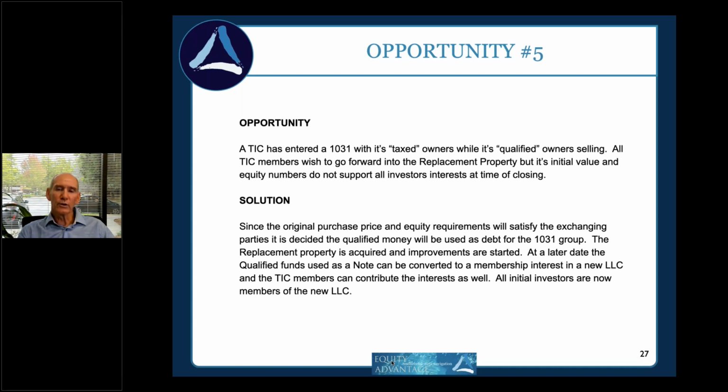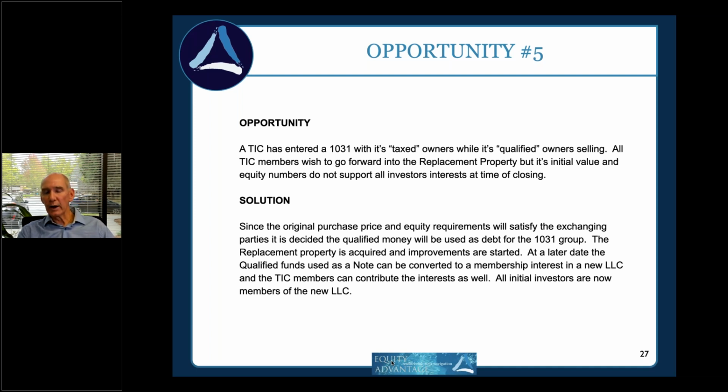We used the 401k funds as debt on those improvements. So the 401k investors had convertible notes. They wanted to be a participant in the acquisition, but with the 1031 timelines, the scope, and the size of the project, we couldn't give everybody ownership of the acquisition. So we gave the TIC members the property when we needed to complete the exchange. The qualified money was debt that those TIC members had.